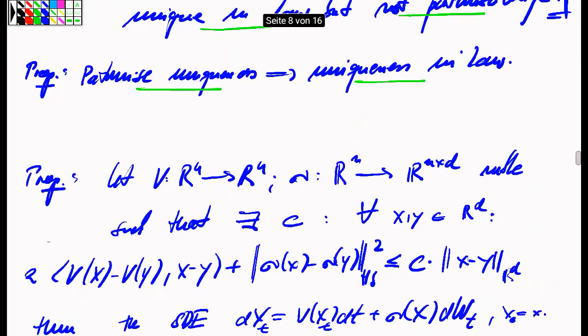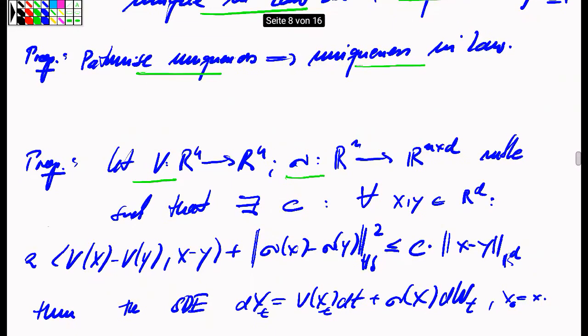And we have a little theorem now, which is the second of the three main theorems of this lecture today, which gives one already reasonable condition under which we do have, in fact, pathwise uniqueness. And this goes as follows. So if we have a stochastic differential equation in the form that we discussed now, with a vector field V and